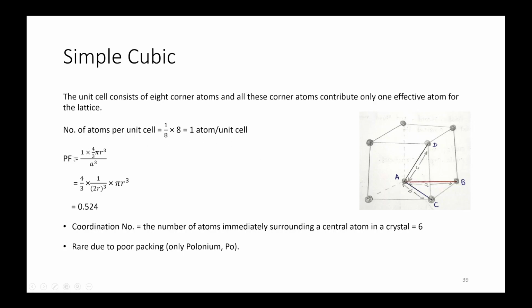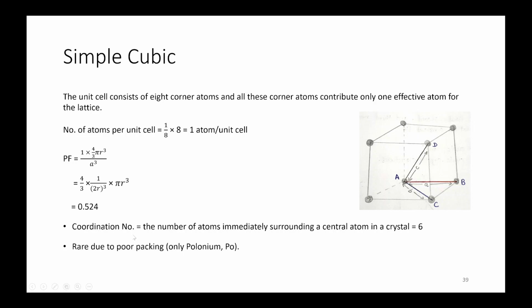Now for calculating packing fraction, you have to first consider the volume of the atoms divided by the total volume of the unit cell. The lattice parameter is a, so the volume will be a cubed, and the effective number of atoms is 1 times the volume of one sphere. We are considering the atom as a sphere, so 4/3 πr³, where r is the radius of the atom. By calculating this, we get that 52.4% will be your packing